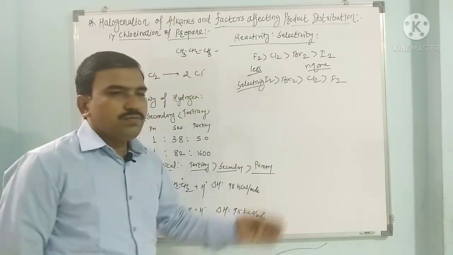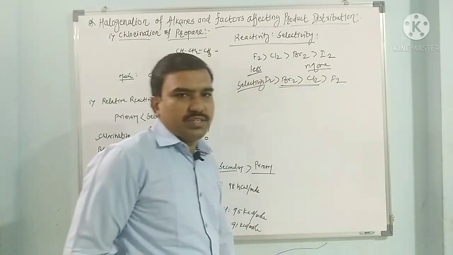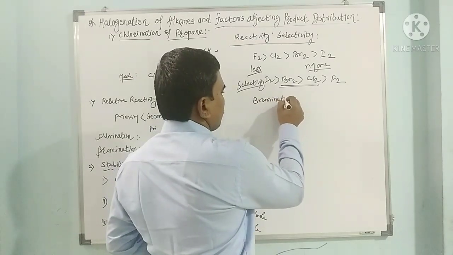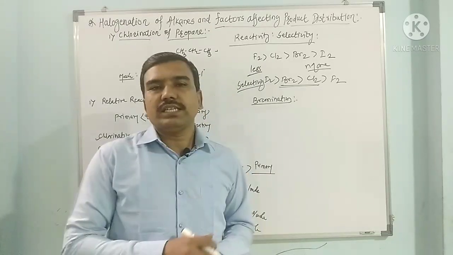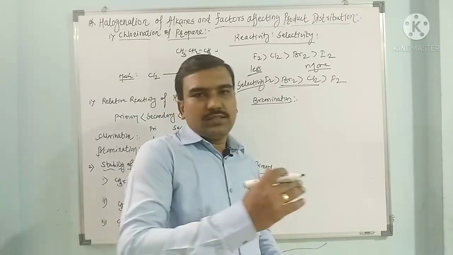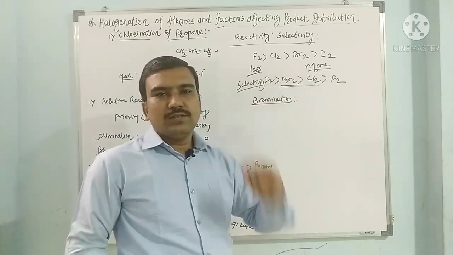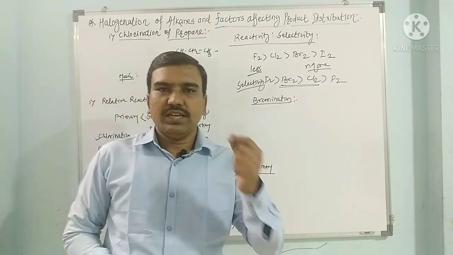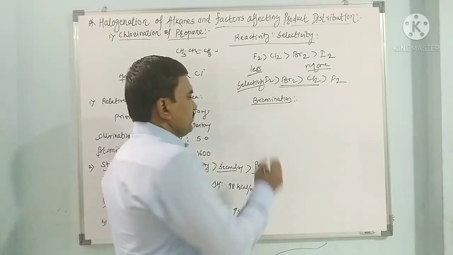If we compare, these are the two very important halogenations, chlorination and bromination. In bromination we can have very high selectivity. Iodination, in most cases, is reversible. So we can focus on chlorination and bromination reactions. The bromination is a very selective reaction. We can have one example of the high selectivity of bromination in propane.